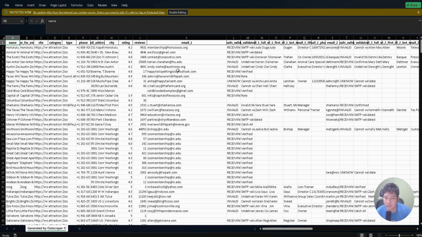By automating data collection with Outscraper, marketers and researchers save time and get rich, structured information without coding. And that's how you use the new enriched result